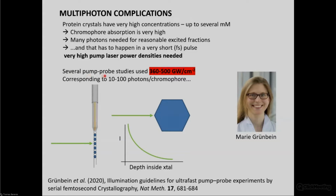Several pump probe studies of the sort that I've just talked about, also our own, used up to 500 gigawatts per square centimeter. If there are any spectroscopists in the audience, they will now be rolling on the floor laughing. Nobody in their right mind would use a power density like that. It corresponds to 10 to 100 photons per chromophore. Yeah? And so